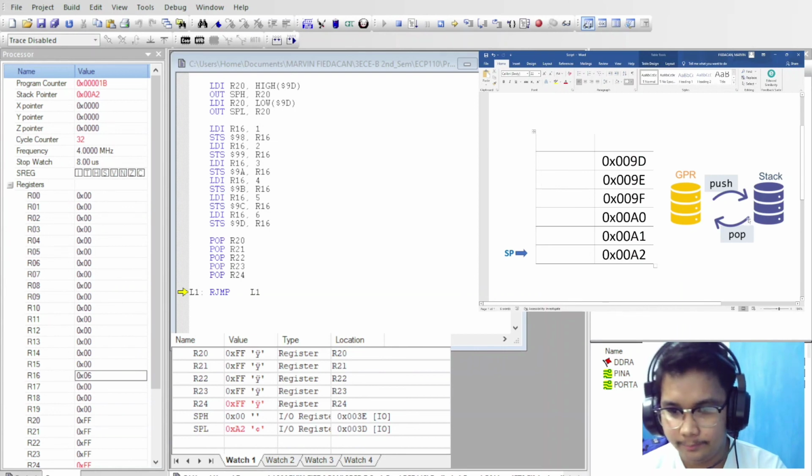Then when we pop this data from the stack,